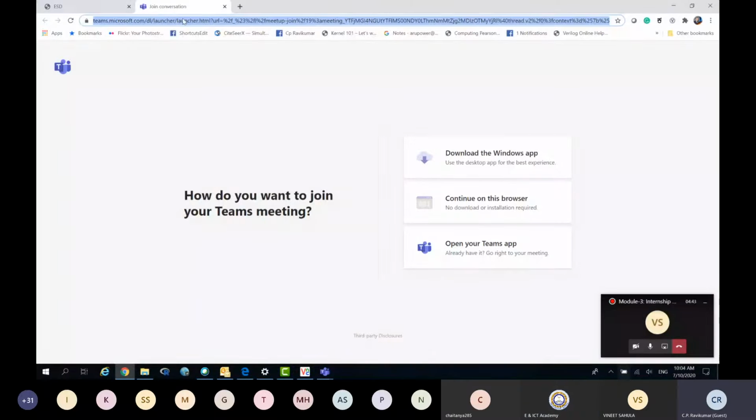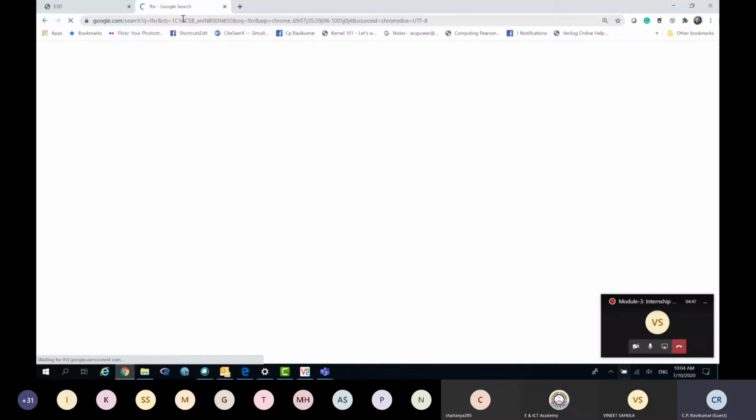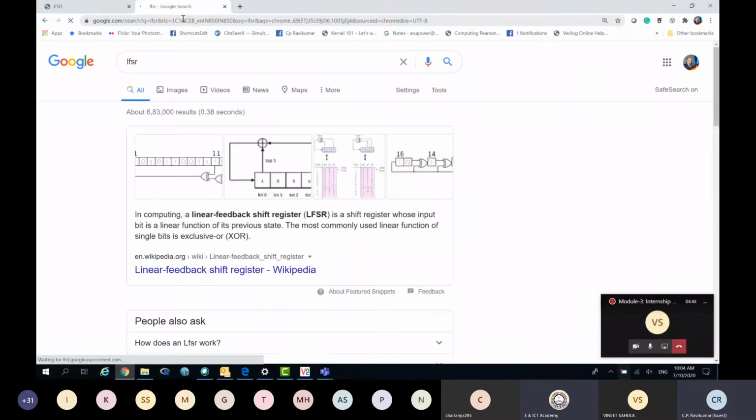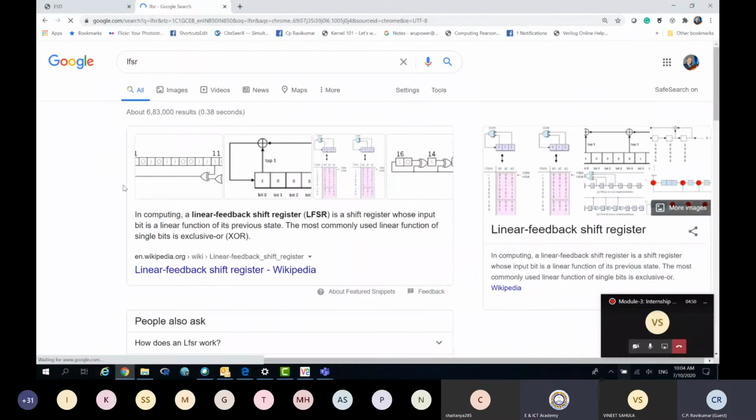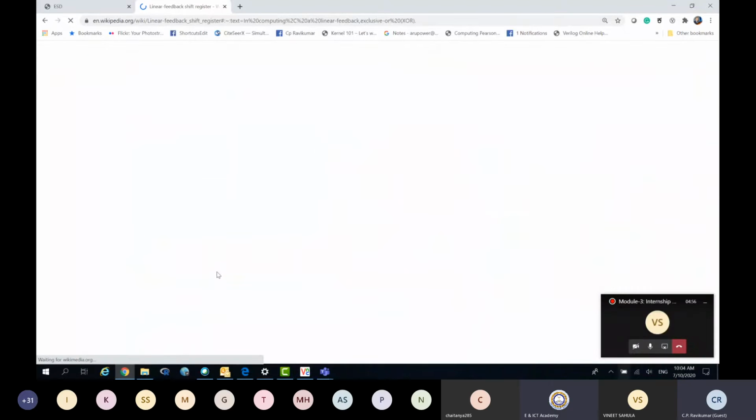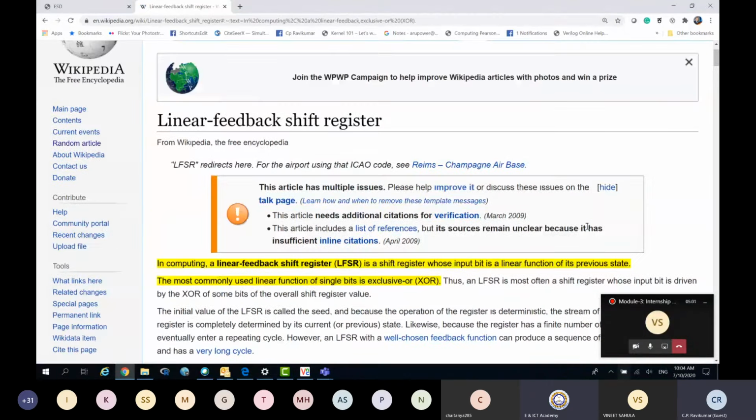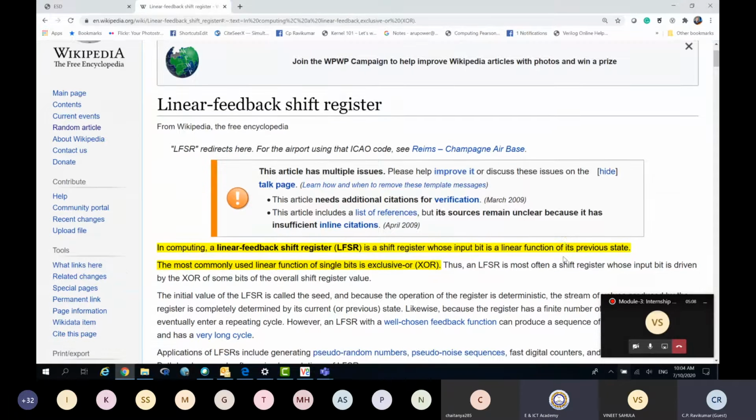See, I'll tell you a little bit about a device known as LFSR, right? You may have heard about linear feedback shift register, right? So search for LFSR on your computer, Google or whatever search engine you are using, and you will get to know what a linear feedback shift register is. It is sometimes called LFSR, and this is what it looks like. Okay,